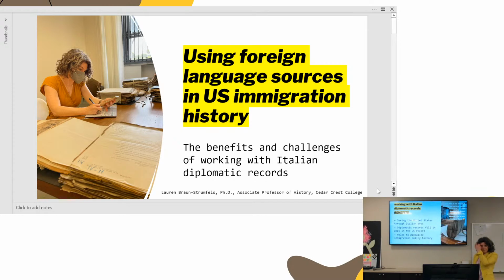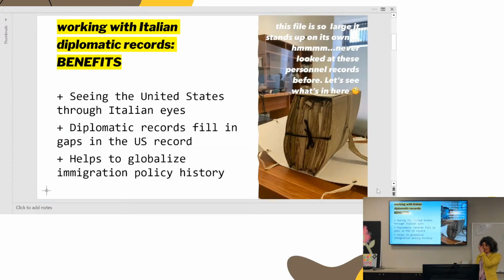Okay, so I peppered this with some photos of the actual work that I do, but I want you to think about maybe some of the benefits of working with these kinds of sources. So the challenges of conducting research in foreign archives can prevent US-based scholars from doing this work. And I think one of the major barriers you saw, if we go back to the first slide for a second here, is that COVID was a huge barrier. This archive was closed for 2.5 years. No one could go in. It was really a huge problem.